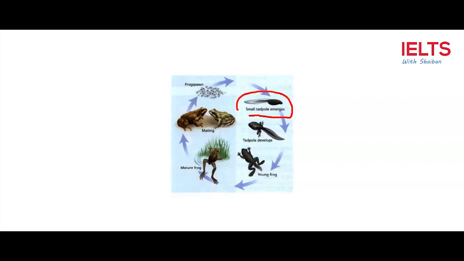For example, if you look here at this small tadpole in here, and if you compare it with the tadpole that develops in here, we can see some changes. For example, the tadpole develops some legs in here. So if you want to fully develop your article, you say this stage includes the animal developing some limbs, and this would help it to move or to swim in the future. Also, if you talk about the tail in here, the tail gets bigger, so that makes the animal swim faster or swim better in the aquatic